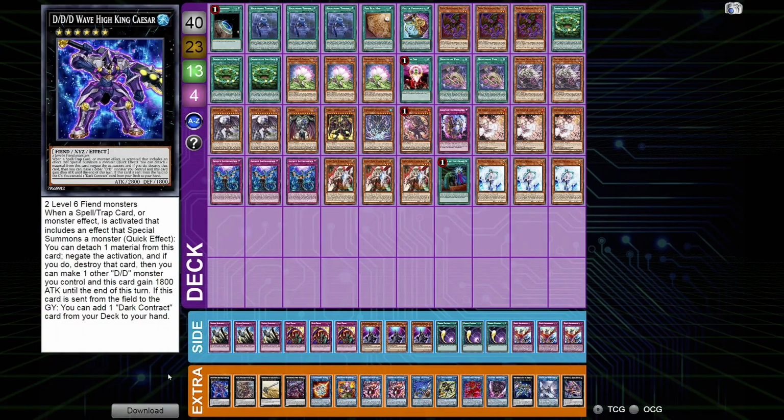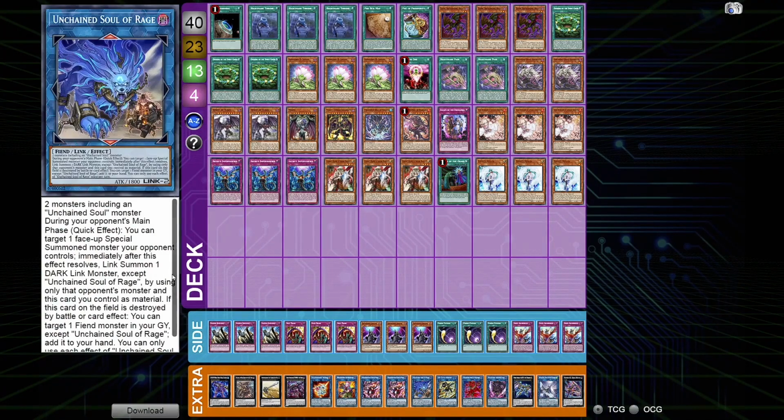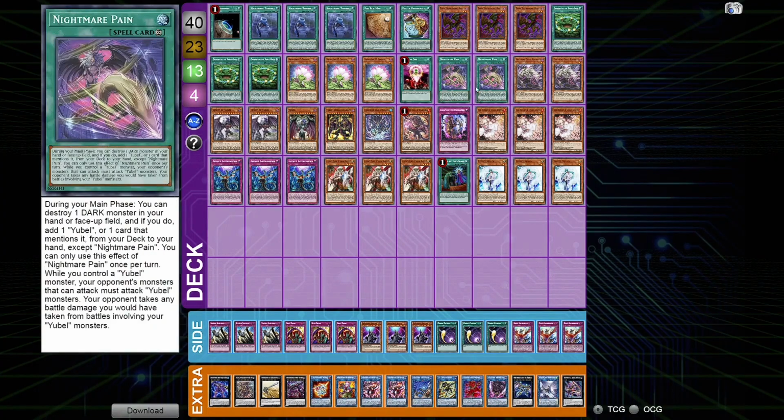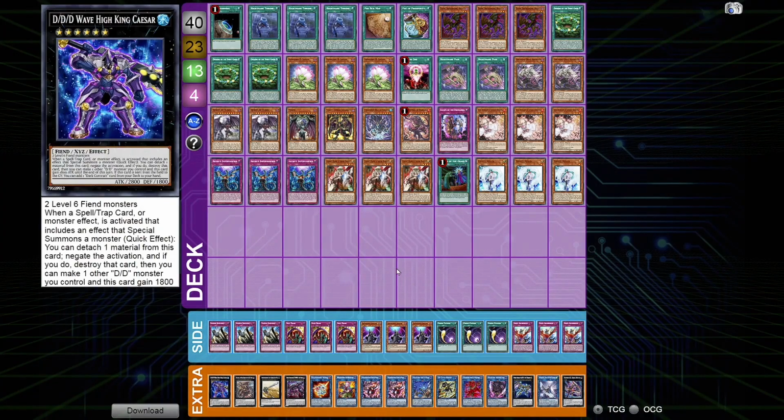And a video is coming out on that soon. I just need to finish editing it. But the combo is incredible. It ends on Caesar plus Varudras plus Rage plus Yubel and Lotus with Nightmare Pain. Which is 8 interrupts from a 2-card combo. It's incredible. So yeah, this is my deck profile for Stevenage OTS, and also this is basically going to be